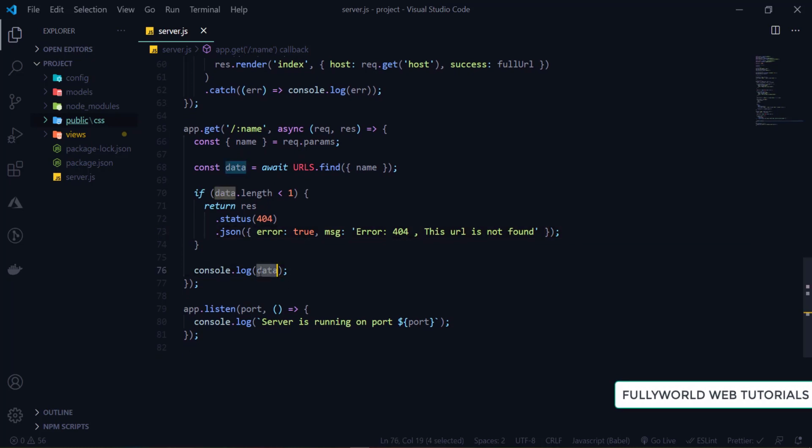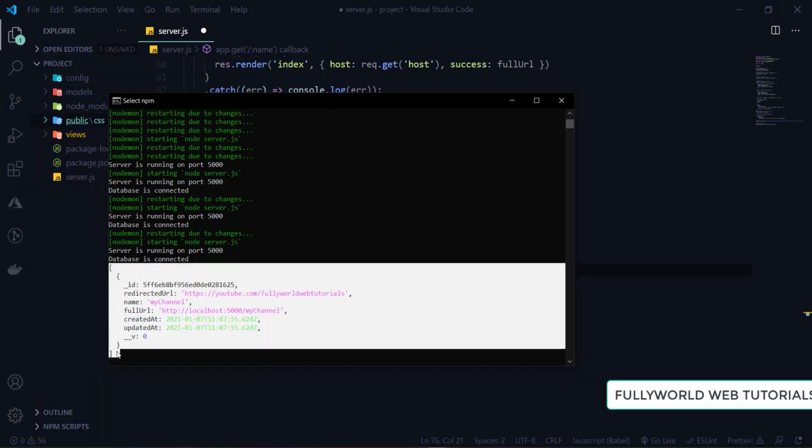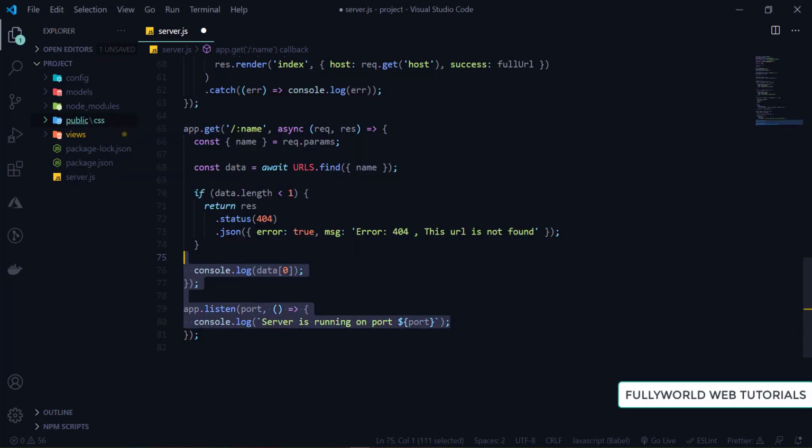Now, instead of consoling this data, so we know what is in our data, let's first of all console data 0. Because see that our data is an array, and in the array there is our first item. So that thing we are going to do.